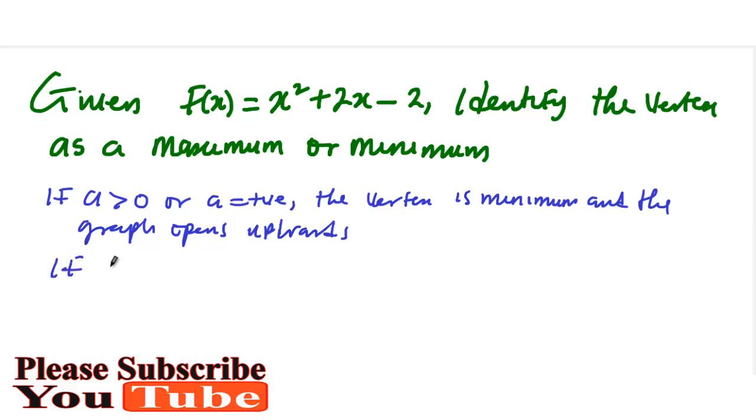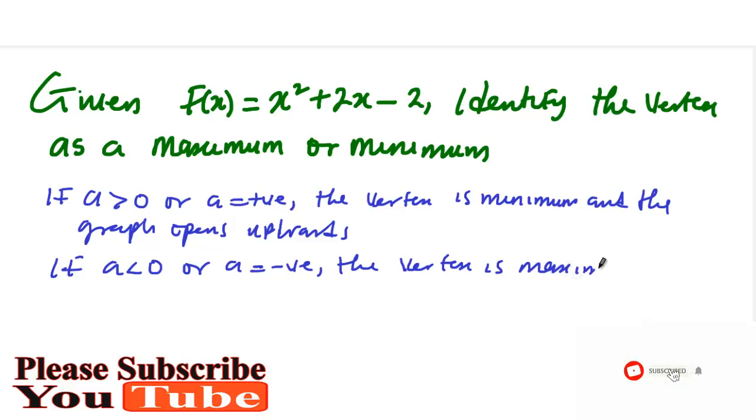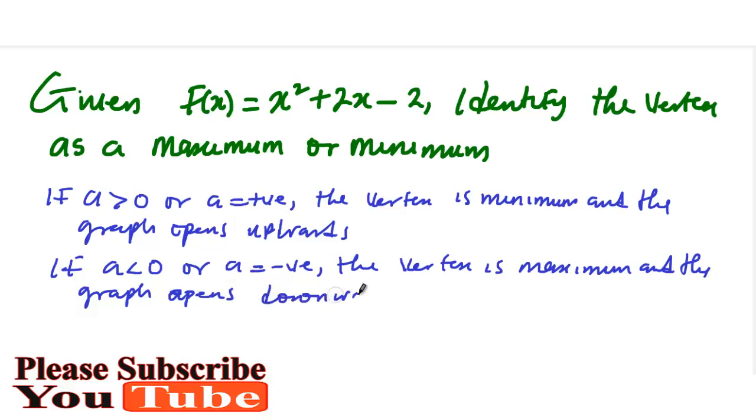So if a is less than 0, or a is negative, then the vertex is maximum, and the graph opens downward. Okay, so what I'm trying to explain here is that we only need the value of a, and